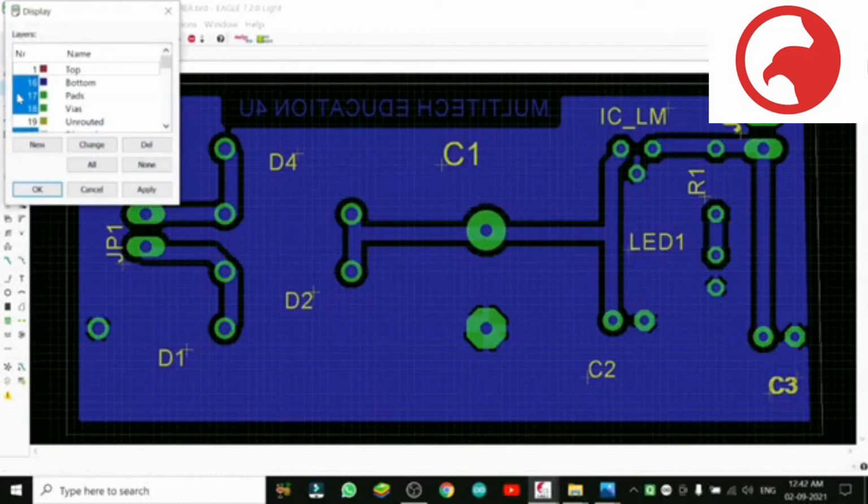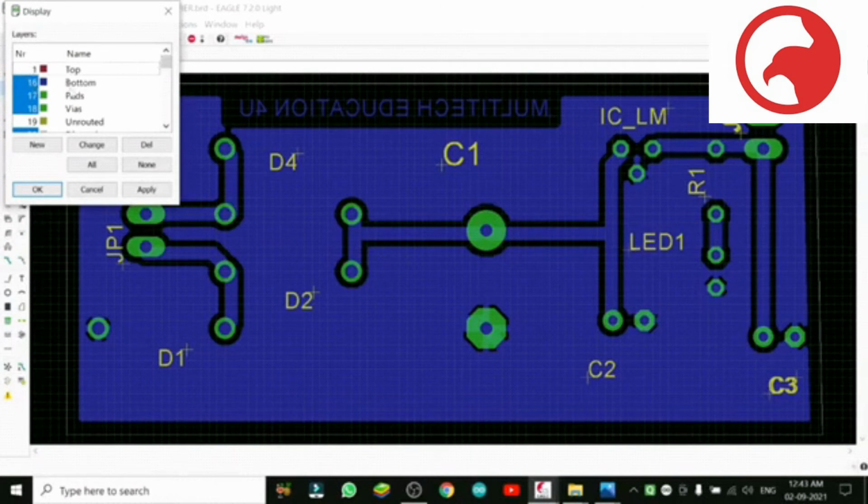Will come in the layers. Okay, we will select top layer not. There is one for text below, so we select 5 layers. Just I am checking it, it's okay. Dimensions we can select. So rest no need to select. First what you do, click on none, all the layers will go. Then select these layers one by one.